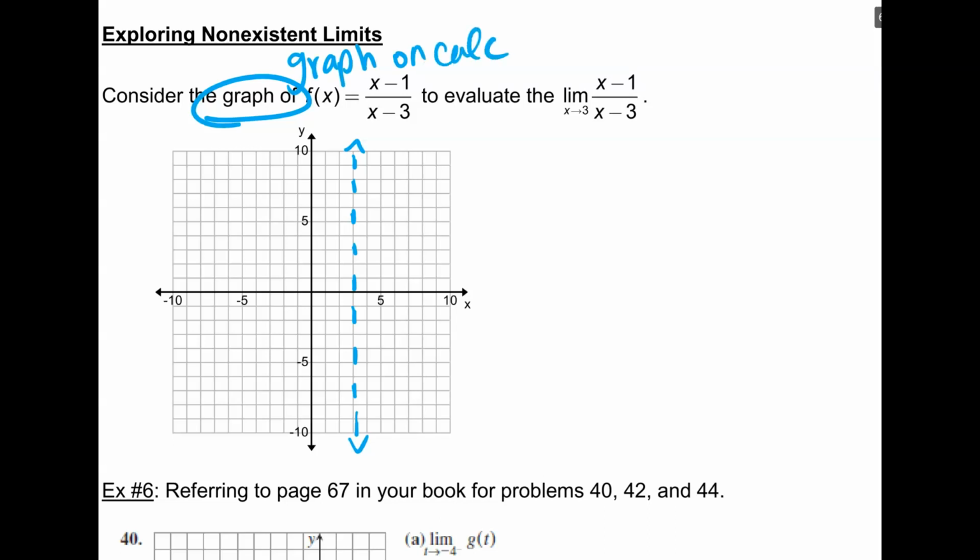All right, so consider the graph, literally graph on the calculator. We see there's a vertical asymptote at x equals 3. This is one point that some people kind of missed. So I see a vertical asymptote, but is there a horizontal one? How do we know? Leading term test. The leading term test says you take